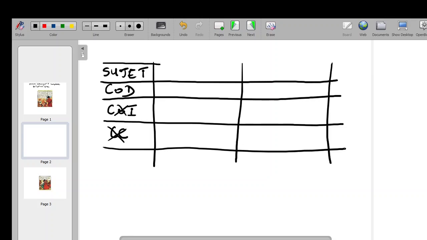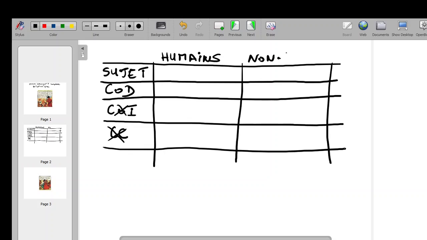And then it depends whether you're talking about humans, people, or non-human. So anything else, like an object, a thought, stuff like that, anything that's not a person. So if the function is sujet and you're talking about humans, persons, you say qui,